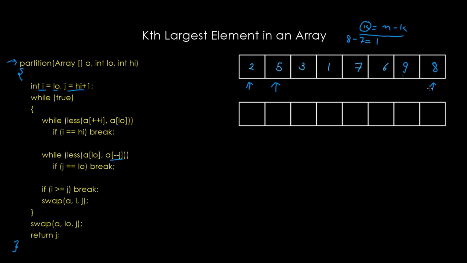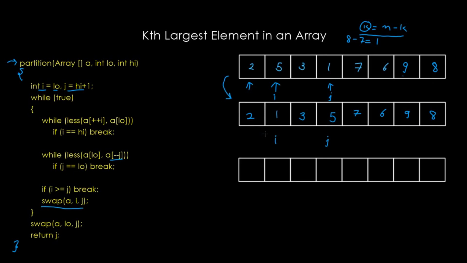And here we will keep decreasing the value of j until we find an element which is lower than the pivot. So 8 is greater, 9 is greater, 6 is greater, 7 is greater. 1 is the first element which is less than the pivot. So now j is here and i is here, and I swap these values. All these elements are already greater, so I am not required to do anything with them, and these elements are swapped. So now 1 is here and 5 is here. This is how our array looks after the first swap.